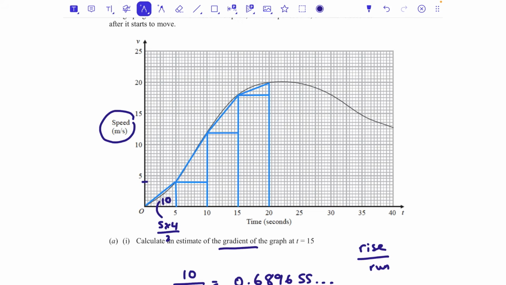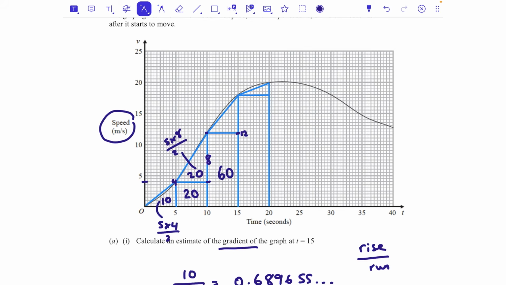And that is 10 for that first section. For the next section, we know this has a height of 4, so this is 5 times 4, that bit is 20, and for the bit above, I'm going from 4 up to 12, so that's 8 for the height, 5 for the width, so this bit is 5 times 8, which is 40, divided by 2, which is 20. For the next section, 5 times 12, we're going up to 12 here, 5 times 12